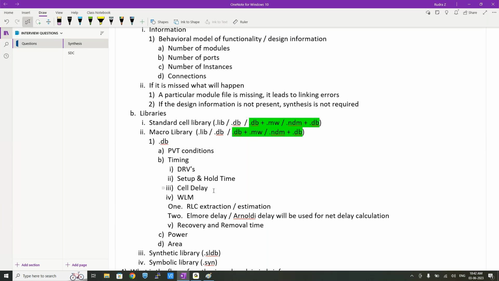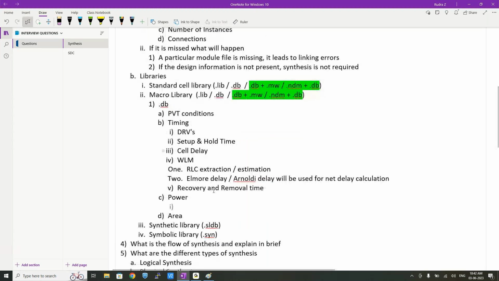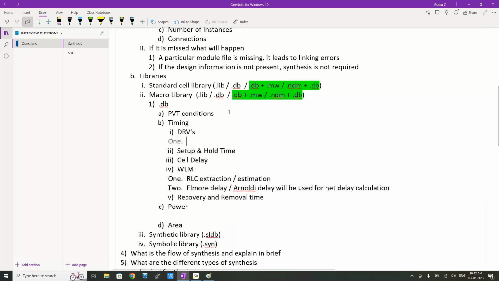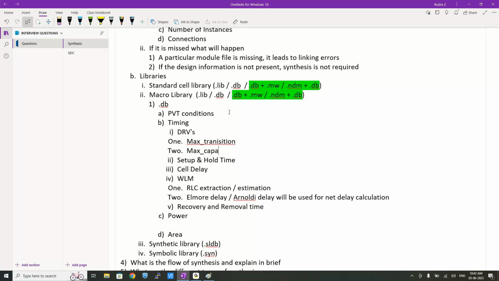Now next is DRV. In the power sense, it is design rule violations you are talking about. Yeah, that is max transition, max cap related. So now coming to this point, max transition and max capacitance values will be provided in a single